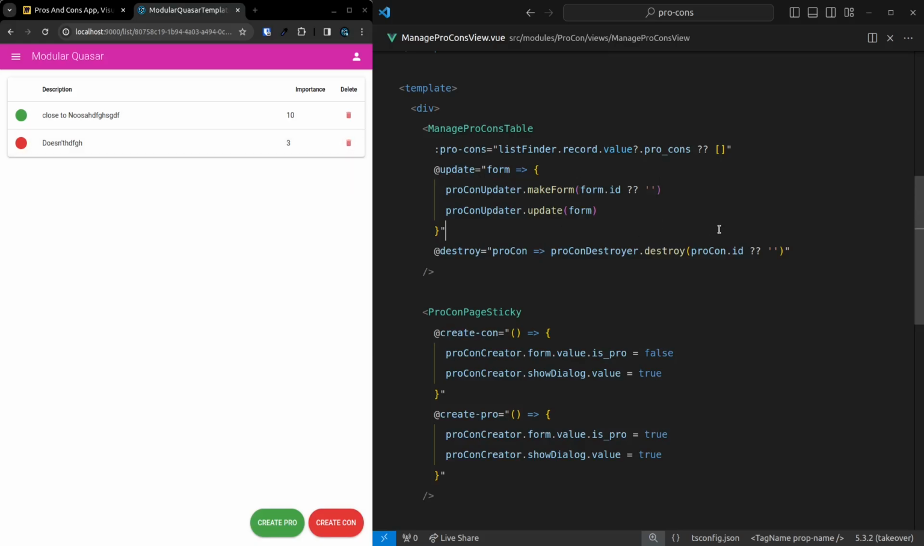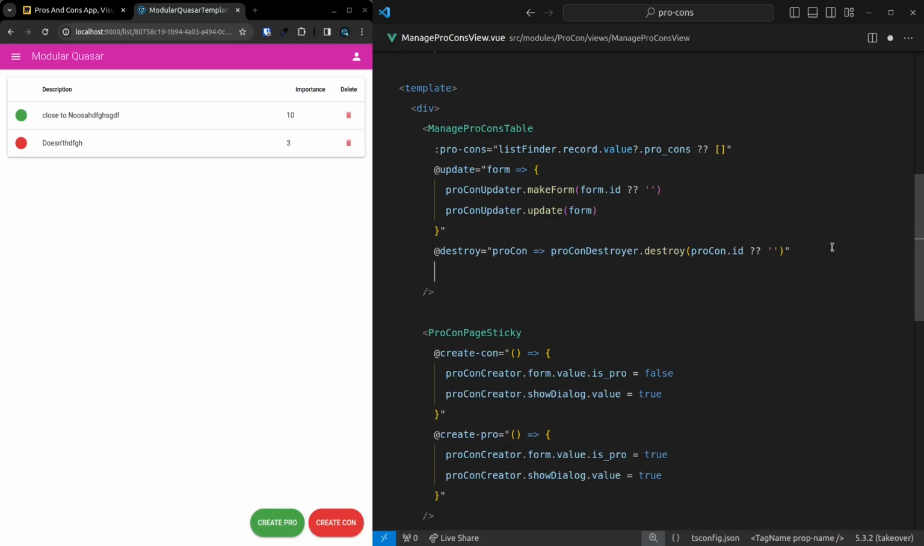One of the hard things to do is make sure that only the button that you clicked on is spinning. Now, this is easy when you couple your table to the thing being destroyed. But when you use this architecture, you need to have a little bit more knowledge. It's not difficult, it just requires more knowledge. So what we do here now is we pass destroying-id, so the ID of the thing that is being destroyed. And it turns out that procon destroyer.destroying.value,